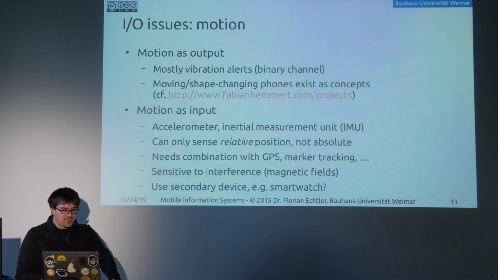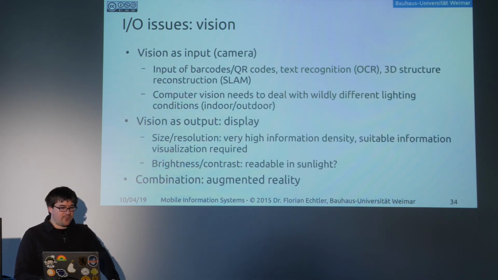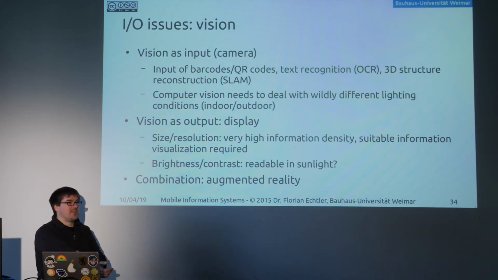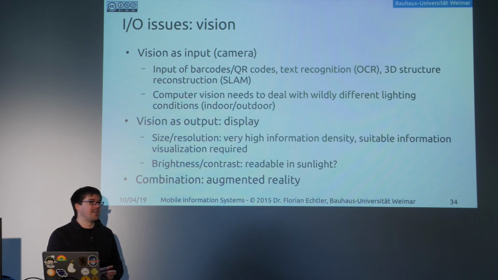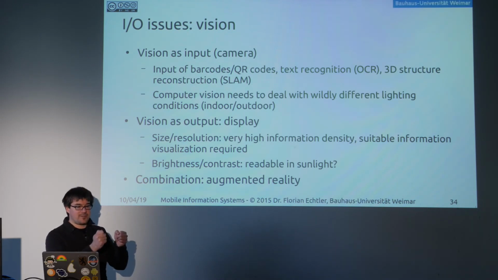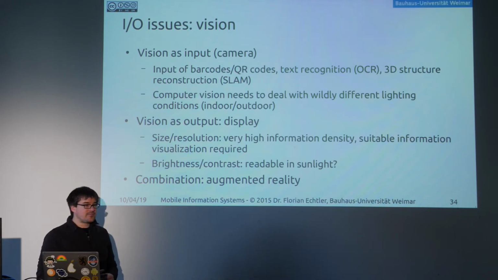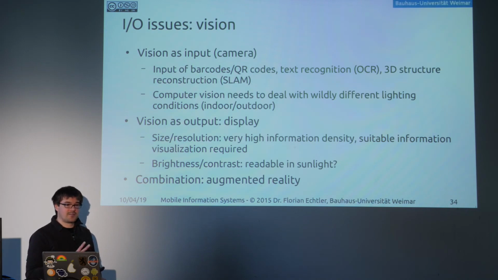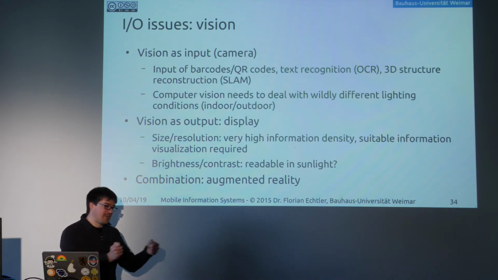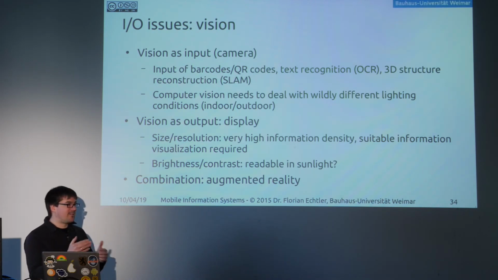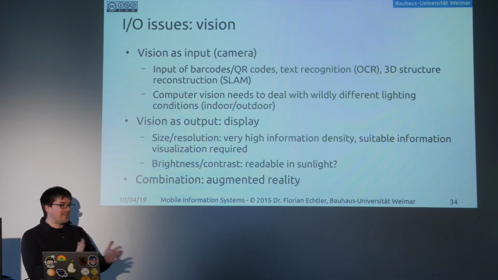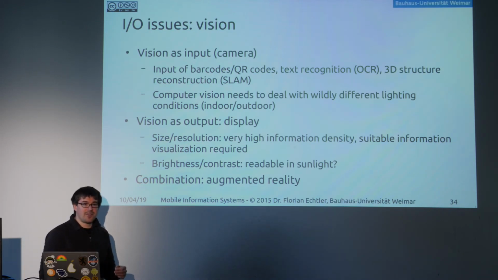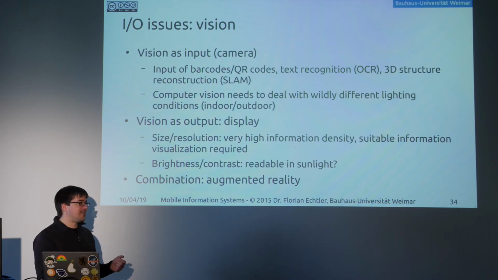What other channels do we have? We have vision, of course. Vision can be an input channel again. We use the camera. We can do things like recognize text in the environment. We can scan barcodes. We can do SLAM, simultaneous localization and mapping. That means I'm moving my device, and from the differential movement between two camera images, I can then calculate the